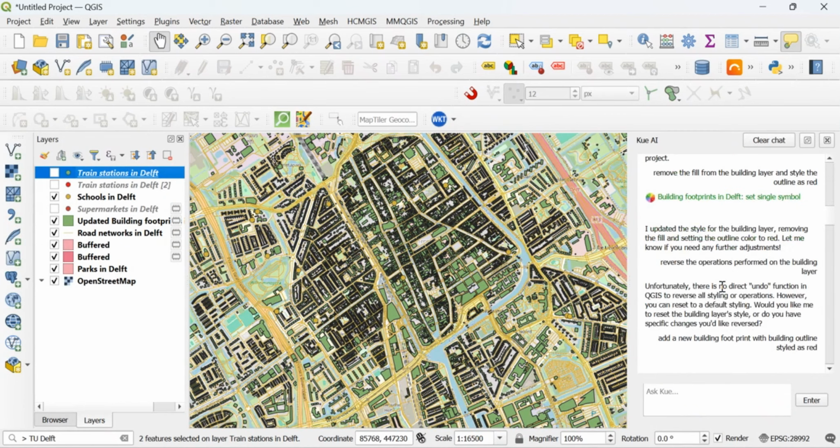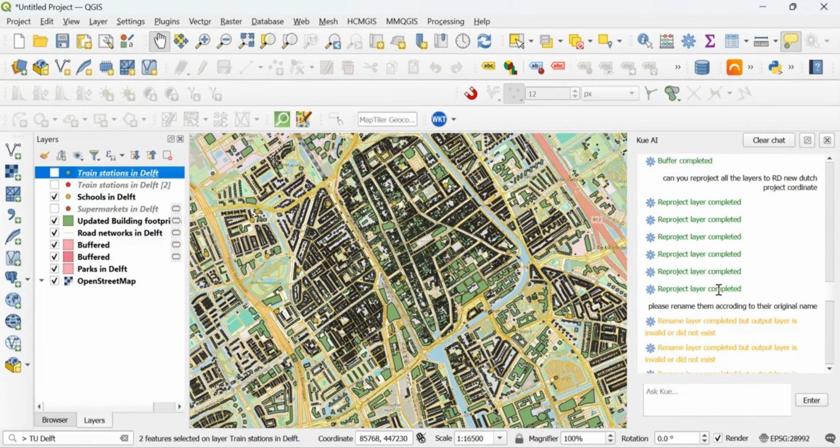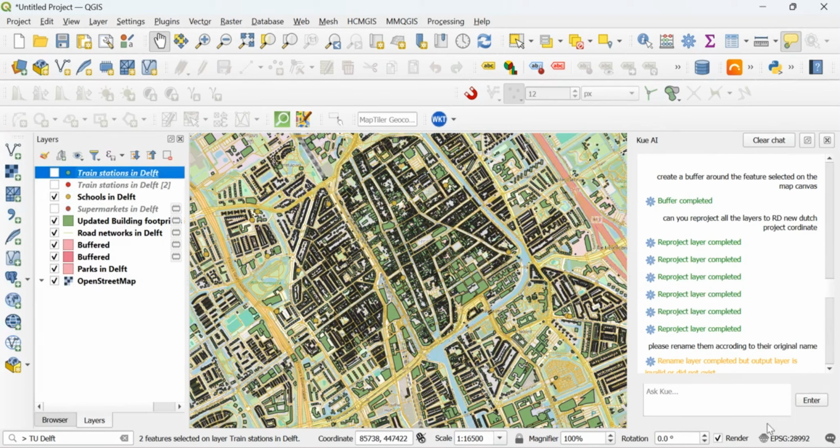The most important thing to note is that you have to reproject these layers that you create into your own projected coordinate system if you want to start querying with an analysis component. So that is something you should know.